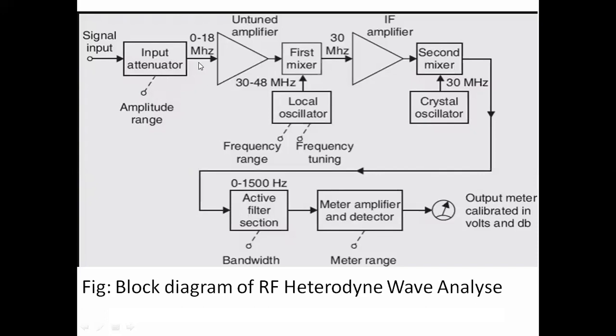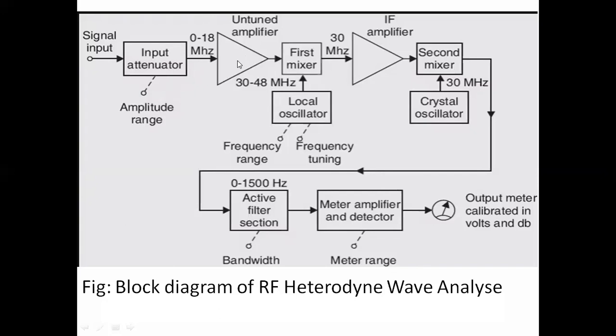Okay, from that we can get the reduced output voltage. The voltage decreases, but the frequency does not change. So in this case, we can remember that the voltage range changes, but the frequency does not change. Frequency is the same. Then the frequency signals will be applied to an untuned amplifier.